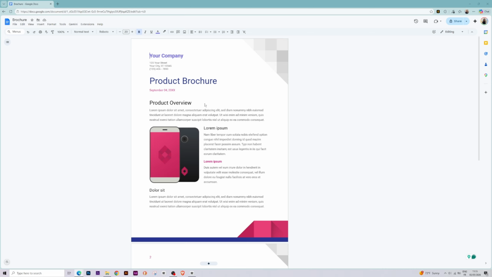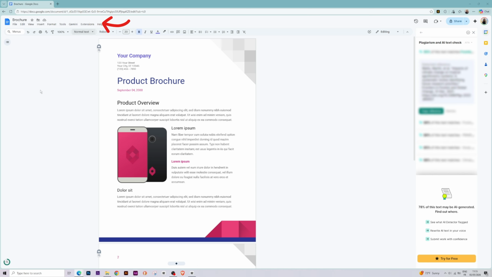If you look up here where it says File, Edit, View, Insert, etc., that is your menu bar, and down below that is your toolbar. That's got all your tools in here. Sometimes they can disappear on you and you don't know how to get them back. Mine are right now showing, but to show them or hide them for the menu bar, the top one,